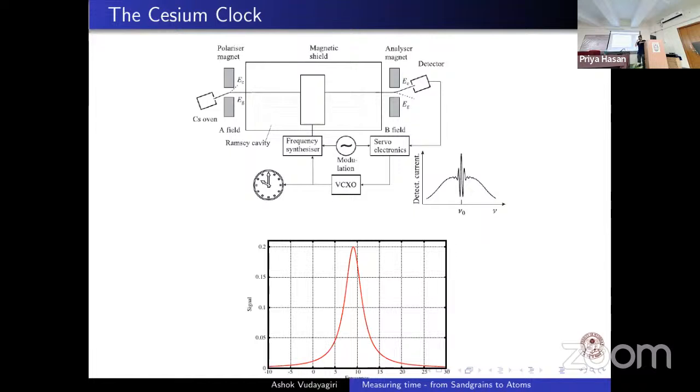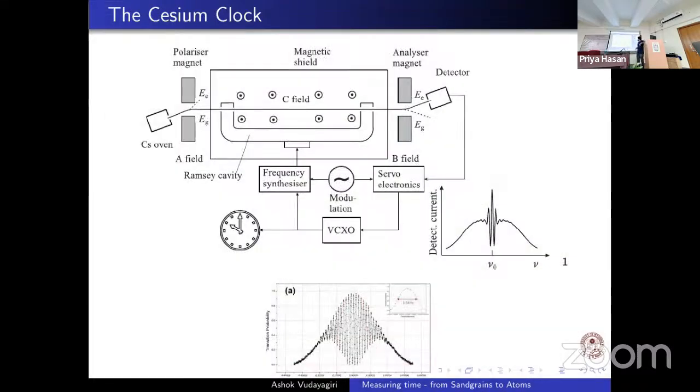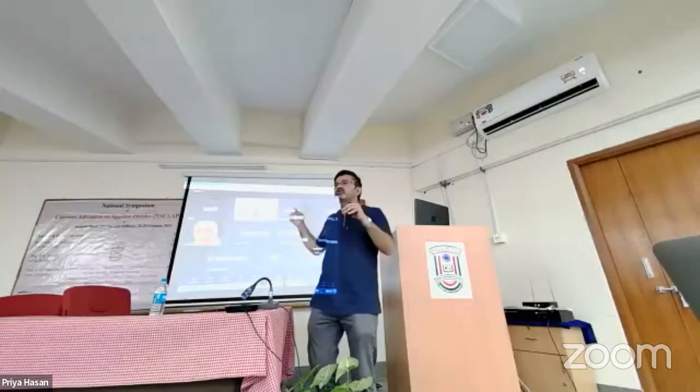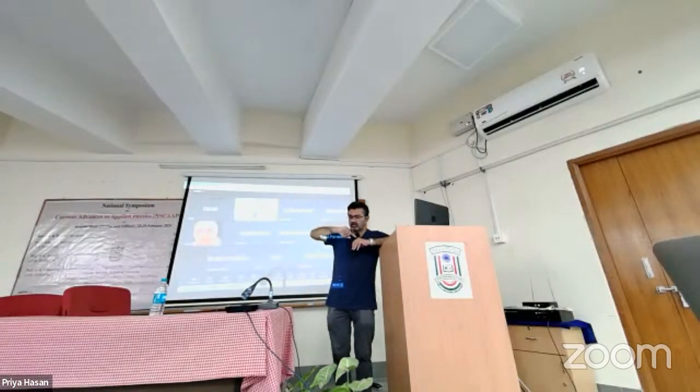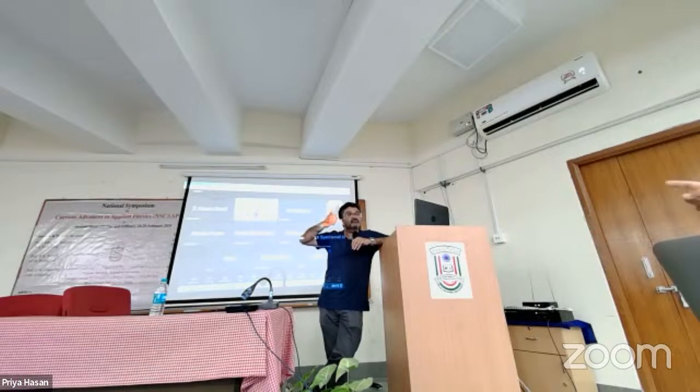But then Ramsey was doing an experiment for molecular spectroscopy, and he did something even better. The cesium atom is coming here and interacting with the microwave field over here. There is a time through which it goes through the microwave region, so if you stand on the reference frame of the atom, it looks like a pulse, because the atom is moving and the field is not moving at all. I am going through the field, so the field increases and decreases, so it's as good as a pulse. Now, depending on the width of the pulse, the interaction time, the atom will either go from F equal to 3 to